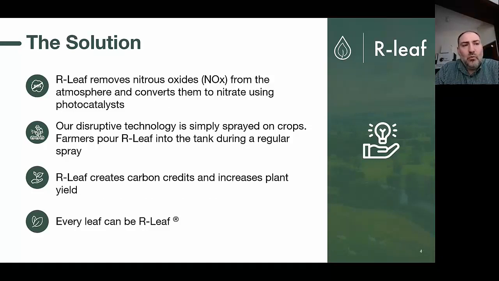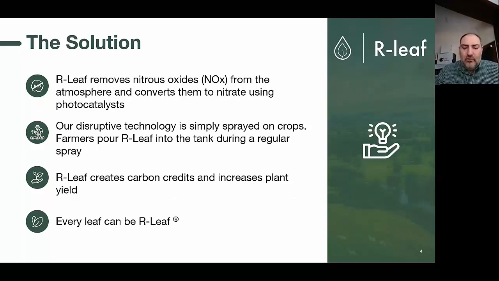And it's quite simple to measure the nitrate that is produced. It doesn't have to be on a crop, actually. You can spray wood, you can spray glass, any surface, and as long as it's exposed to light, it will work, and it will break down nitrous oxide to nitrate. This is why you wouldn't put it on roofs or roads, because the nitrate that is built up is a source of pollution itself. But what a beautiful thing to have plants receive the nitrate, because they can utilize it.